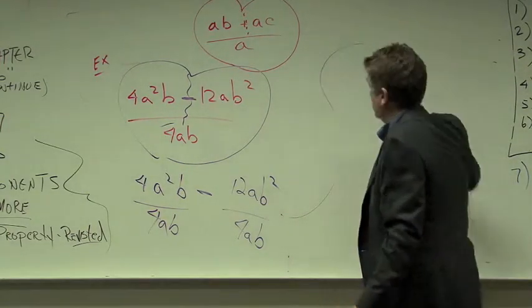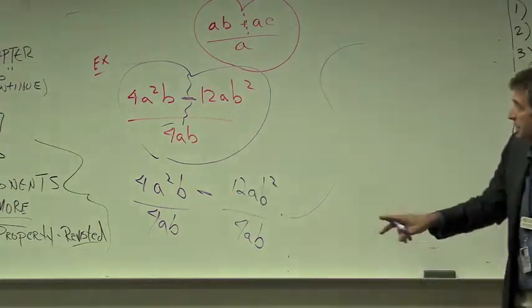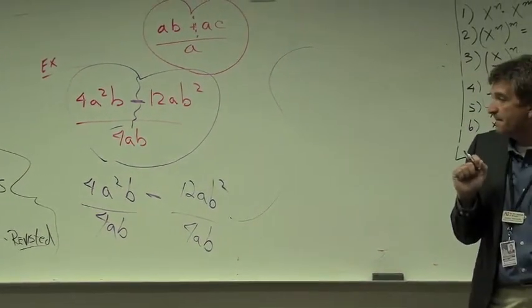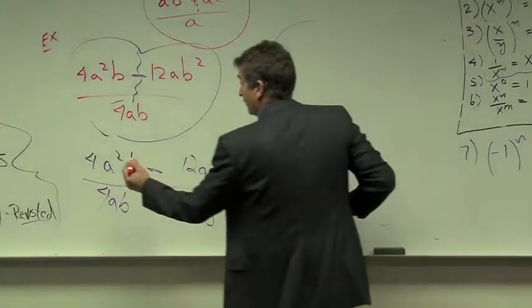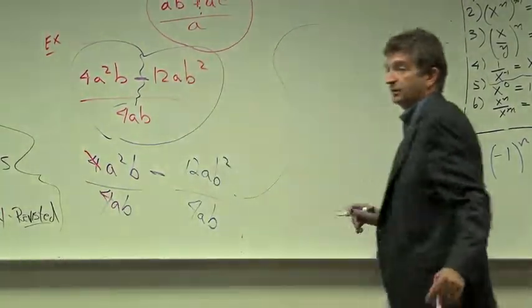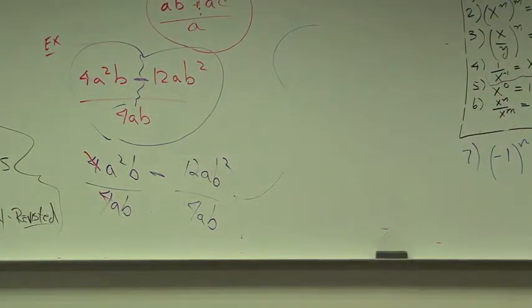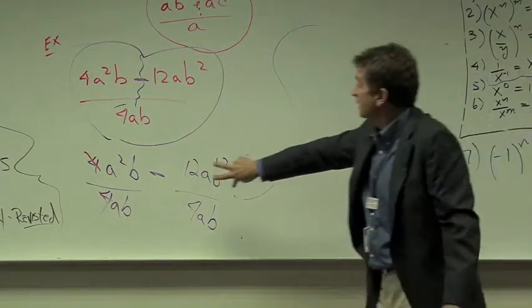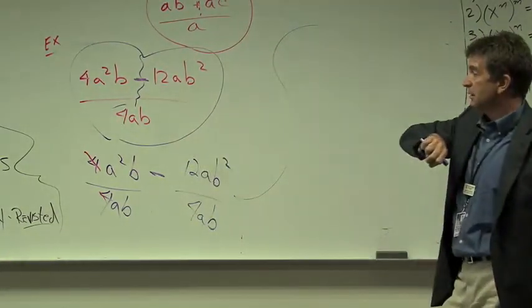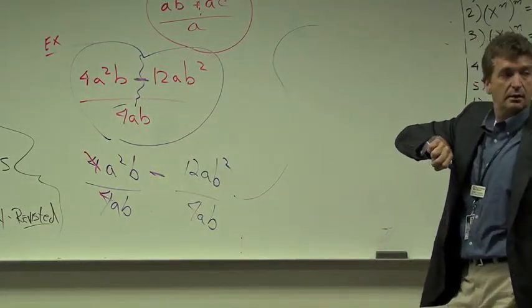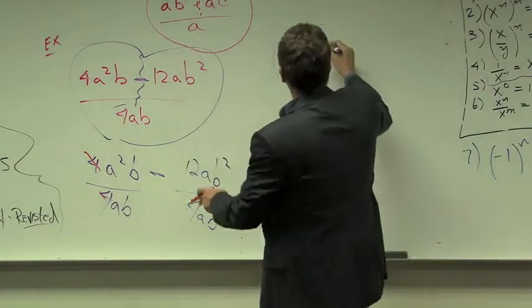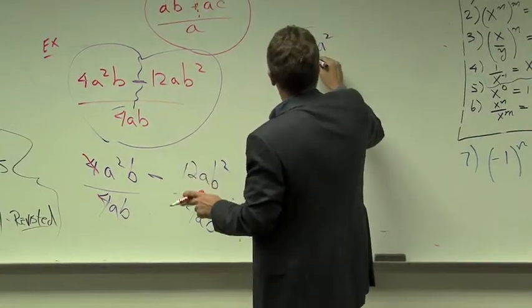Okay, so what can I do to that first expression? Well, cross out our 4s, because 4 over 4 is the same as 1, right? Now we can apply exponent rules, right? So my first expression I'm going to rewrite like this: A squared